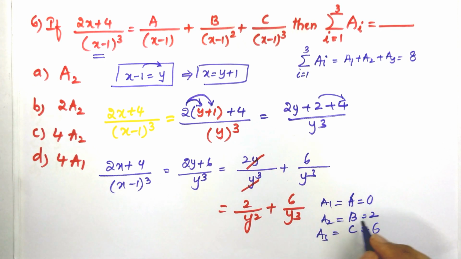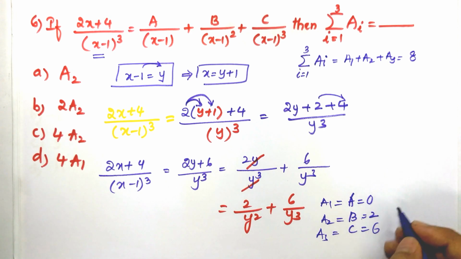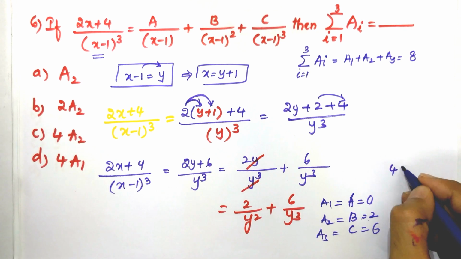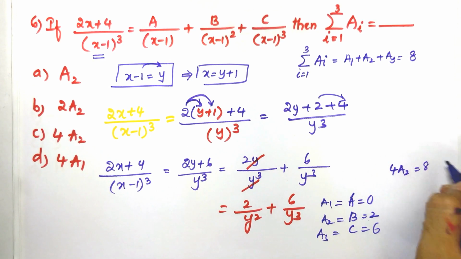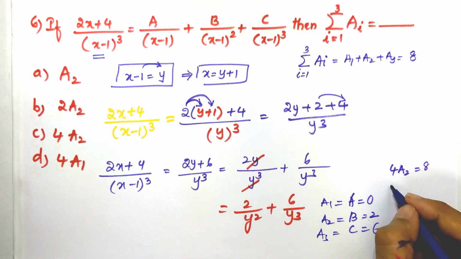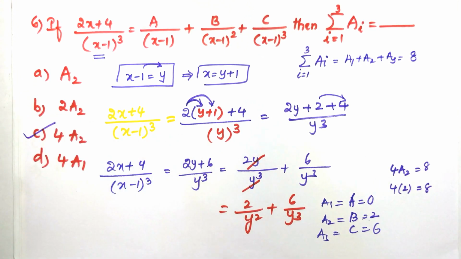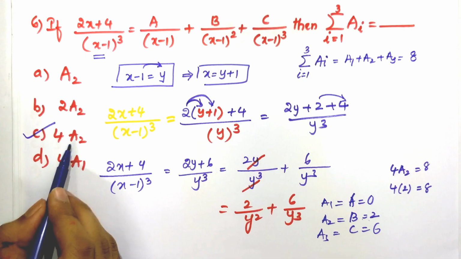So now the value of a2 is 2. If I multiply the value of a2 with 4, we'll get 8. So 4 into 2 can be written as 8. So option C is correct. 4 times a2 is equal